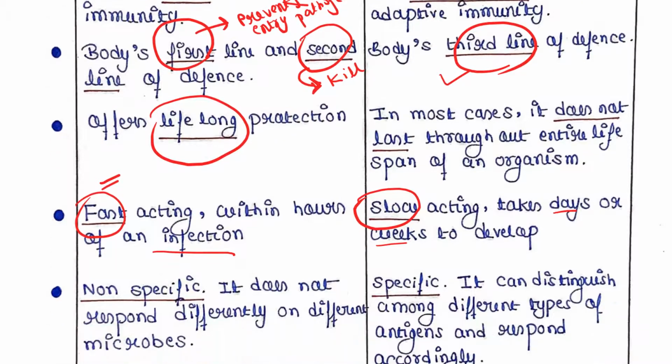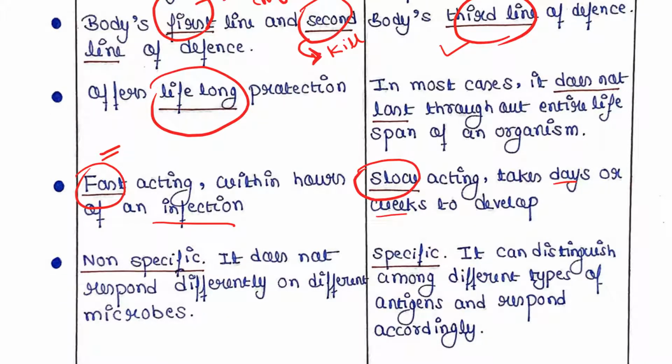Innate immunity is non-specific. So it does not respond differently to different microbes. Suppose pathogen A, pathogen B and pathogen C are three different pathogens, and all are attacking our body. Innate immunity cannot differentiate between them. It can only attack the foreign microbes, but it cannot differentiate between A, B and C,